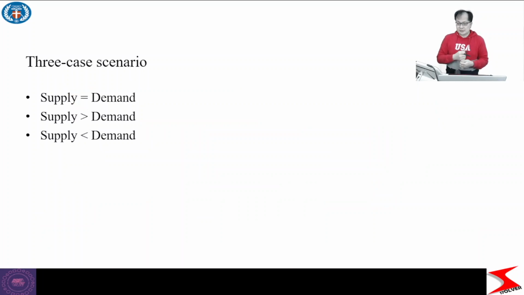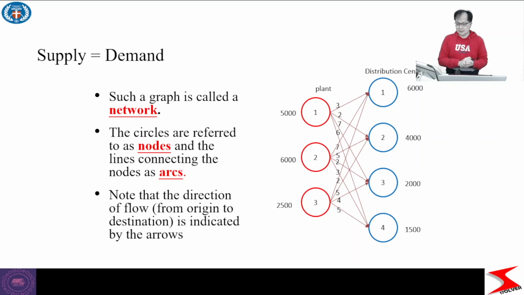For the transportation problem, there are three case scenarios. The first case is supply quantity equals demand quantity. The second case scenario is the supply quantity is larger than the demand quantity. And the third case scenario is the supply quantity is less than the demand quantity. I start from supply quantity equals demand quantity. Okay, we can show